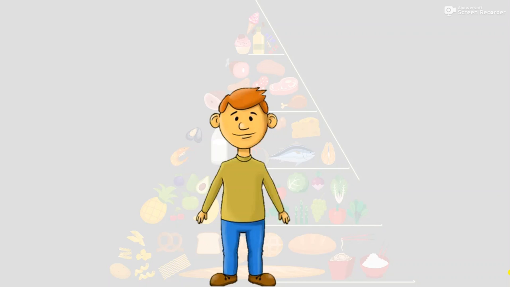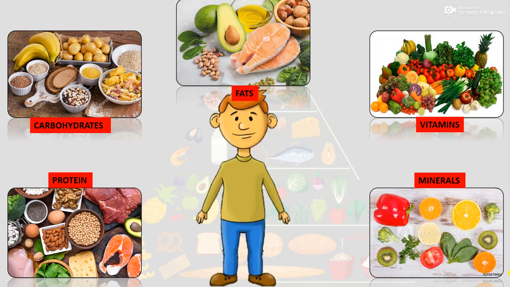We eat different types of food: fruits, vegetables, dairy products, fish, meat, chicken, cereals, pulses, etc. From the different varieties of food that we eat, we get different types of nutrients. They are carbohydrates, proteins, fats, vitamins and minerals. So, just like we have variety in the food that we eat, there is a variety of nutrients that are found in the food.